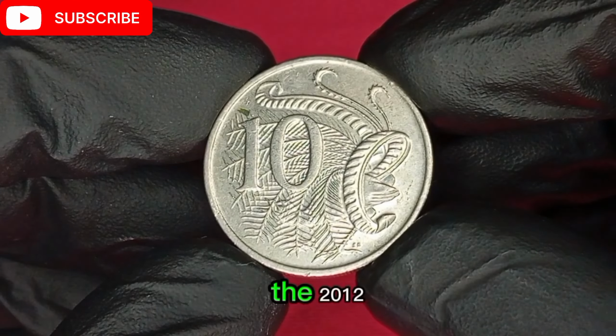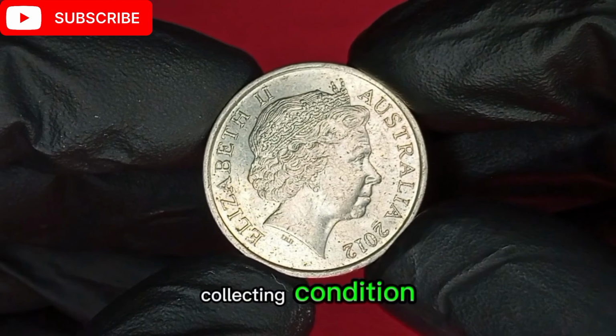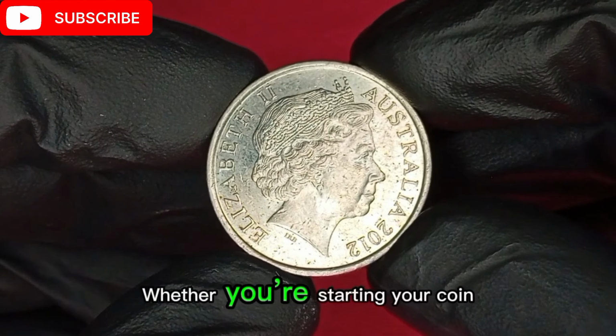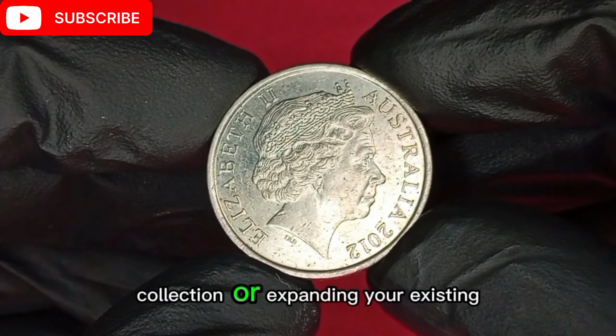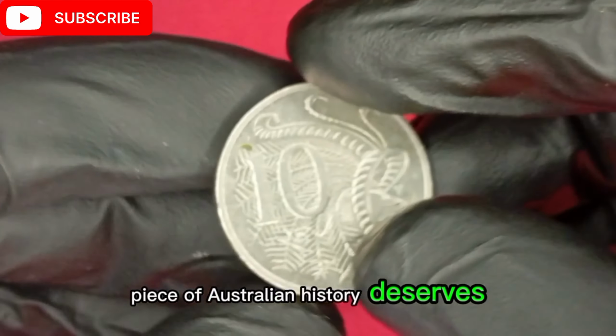So there you have it. The 2012 Australian 10-cent coin might seem ordinary, but in the world of coin collecting, condition, rarity, and mint errors can make all the difference. Whether you're starting your coin collection or expanding your existing one, this small piece of Australian history deserves a place